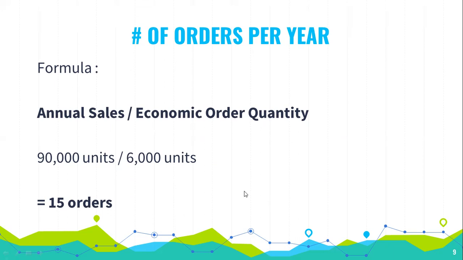It means that every year, the company will order 15 times. Or every year, there will be 15 orders. So that is what we mean by number of orders per year. And then, next,